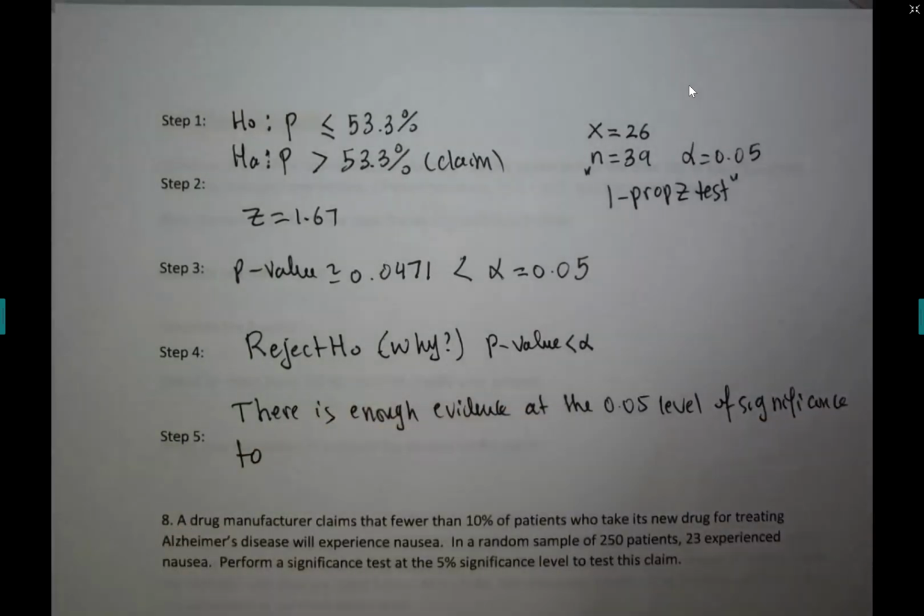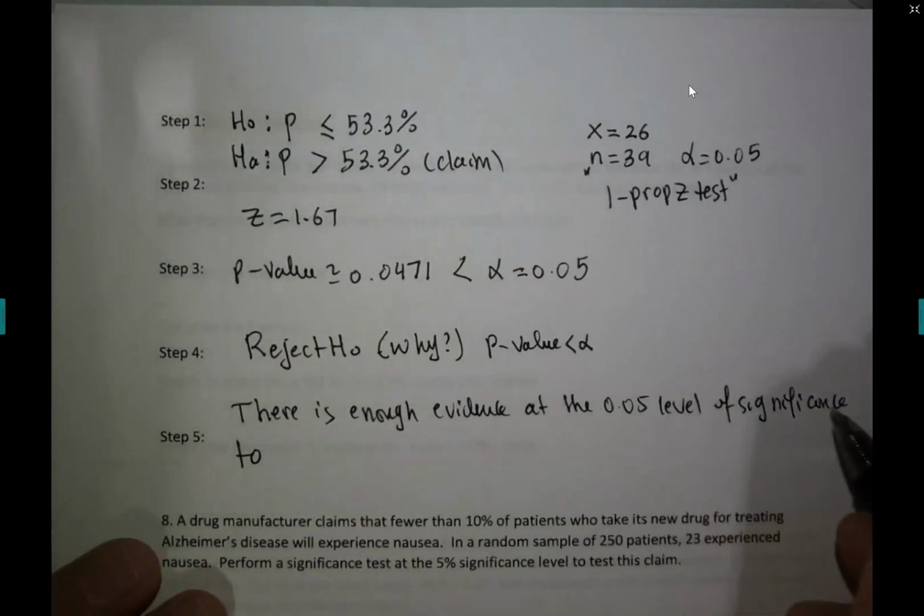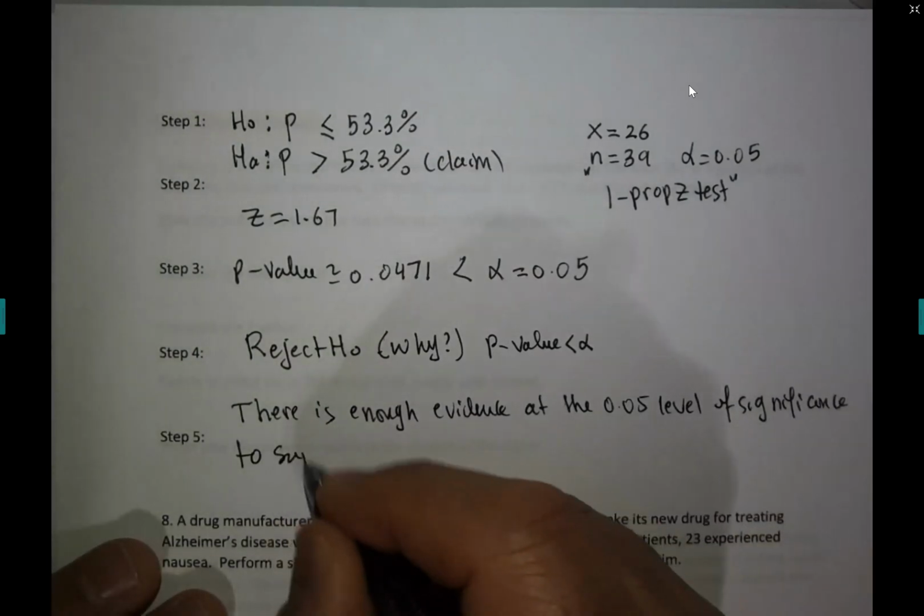Now, if you're doing your work online, it's gonna ask you choose support or reject. Since the claim is in HA, guys, you use support. So now you're supporting the claim. In other words, guys, if your claim is in HA and you reject the first one, H0, you support the claim. So there is enough evidence at the 0.05 level of significance to support the claim